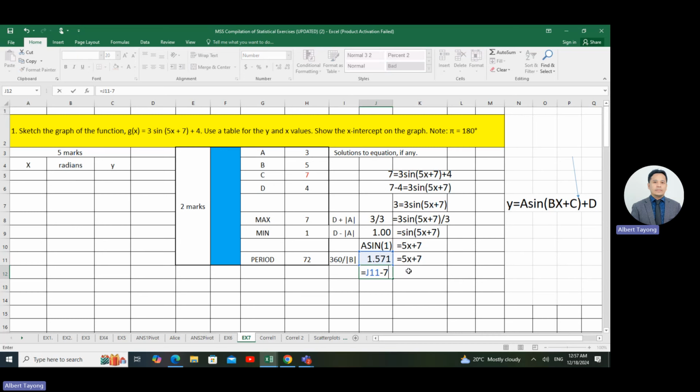Because we transfer 7 to the other side, space equals 5x. And divide both sides by 5. So equals this over 5. So this is the remaining. So 5 here is cancelled. So we divided both sides by 5